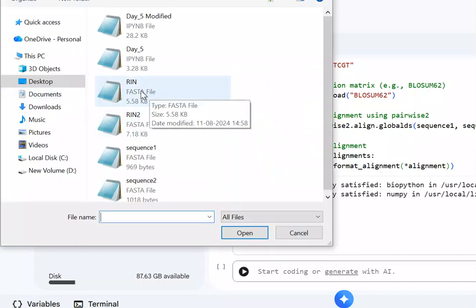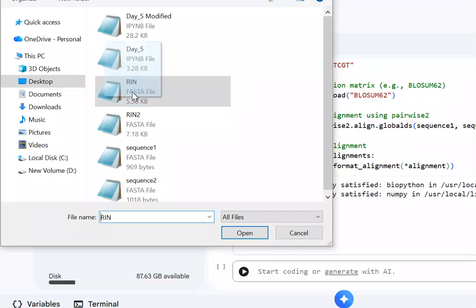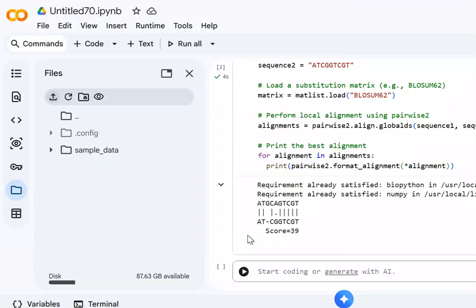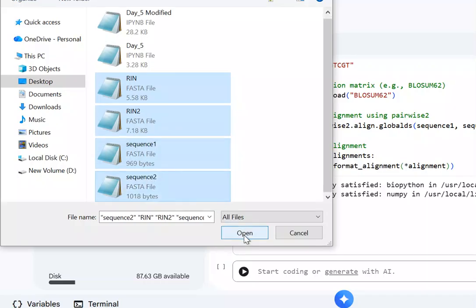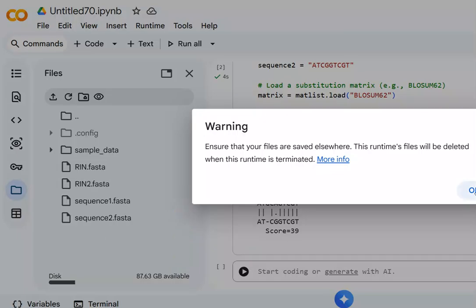So these are the RIN FASTA files, 1, 2, 3, 4. These are the four sequences basically: 1, 2, 3, and 4. We are running them, we are opening them in our FASTA,